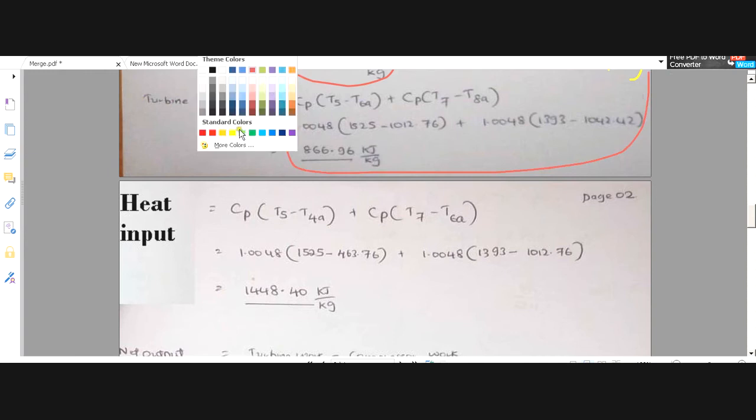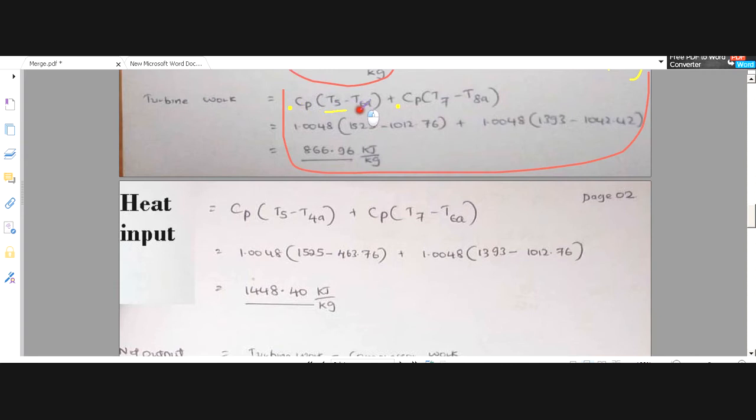Okay, now see, anyhow I told you we are going to consider 1 kilogram of air. So M is 1 kg, that is why the M is hidden, so it is 1. So Cp times the temperature difference of the input to the first turbine and the final temperature of the first turbine, plus the initial temperature of the second turbine and final temperature of the second turbine.